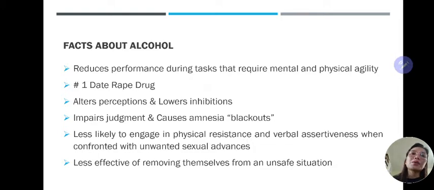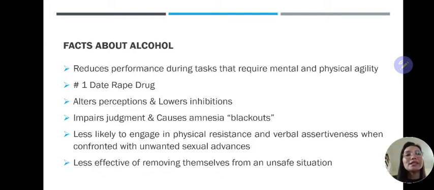So, we have the facts about alcohol. It reduces performance during tasks that require mental and physical agility. It is also considered the number 1 date rape drug. It alters perceptions and lowers inhibitions. It impairs judgment and causes amnesia blackouts. A person is less likely to engage in physical resistance and verbal assertiveness when confronted with unwanted sexual advances. So, they are less effective at removing themselves from an unsafe situation. For example,